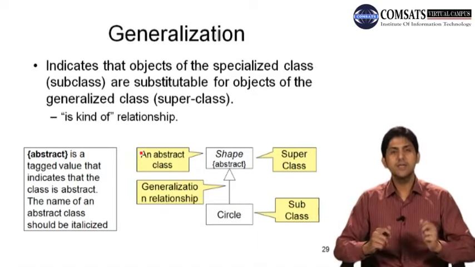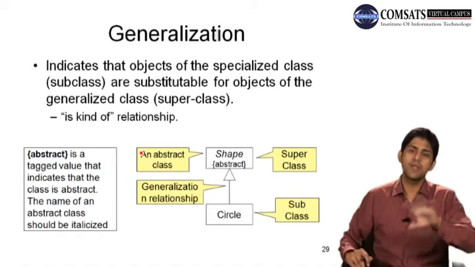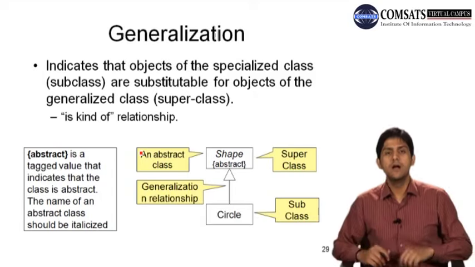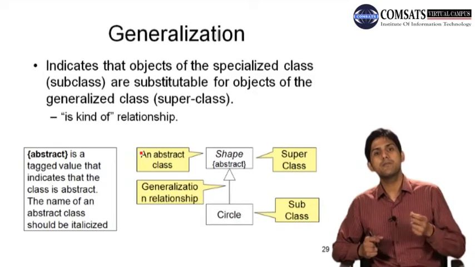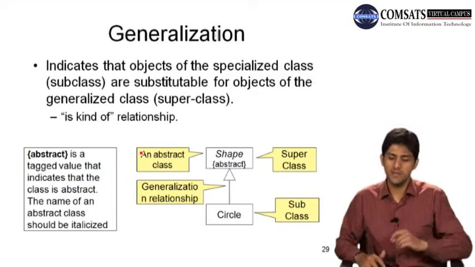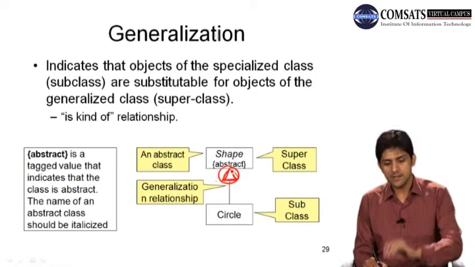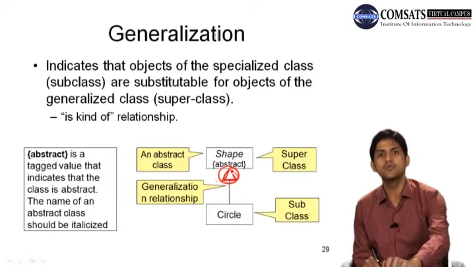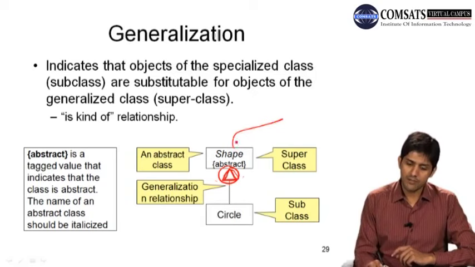ये जो जनरलाइजेशन होती है ये it also represents the inheritance, ठीक है। फॉर एग्जांपल आपने एक जनरल क्लास बनाई हुई है जिसको आपने कह दिया शेप, and that is an abstract class। अब आप उस क्लास से मल्टीपल क्लासेस इनहेरिट कर सकते हैं। जिस तरह you can say कि one kind of a shape is a circle, another kind of shape is rectangle or triangle, ठीक है। तो इसके अंदर the arrow upward और ये जो arrow की notation होती है उस तरह की होती है, that actually shows कि this circle is a sub class of this super class shape। इसी तरह जो मैंने आपको दूसरी चीजें बताई हैं कि you can say